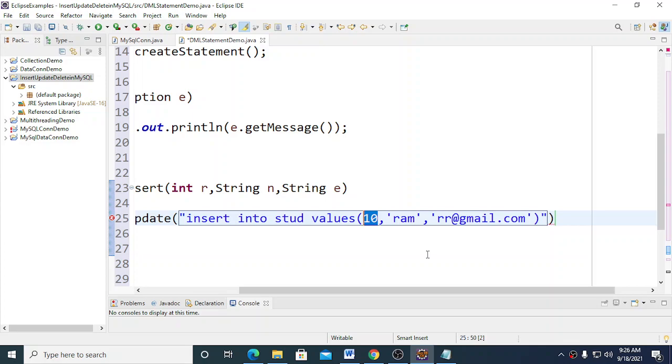I am going to add the double quote, inside that I am going to add the plus plus, and inside that I am going to specify the name of the variable. Similar to that, to add the value of the name variable here, I'm going to delete this constant value ram, and to concatenate the value of n here, I'm adding double quote, inside that plus plus and name.